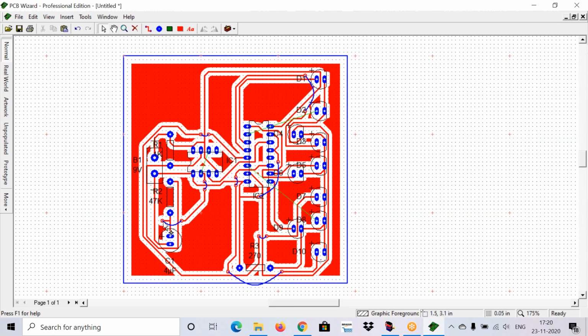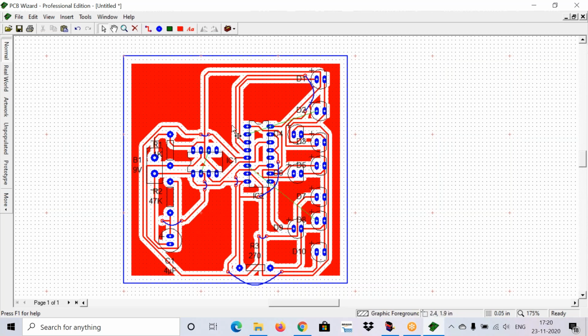Now coming to these blue lines, those blue lines are called jumpers. Jumpers are not preferred in any PCB layout because jumpers need to be installed after completion of the PCB manufacturing. Did you get my point? Once the PCB is completely manufactured, then we need to take some external wires and solder them like this. They will appear as jumpers. That is the reason we should never use the auto routing concept.